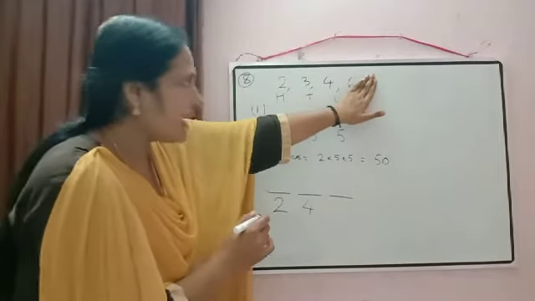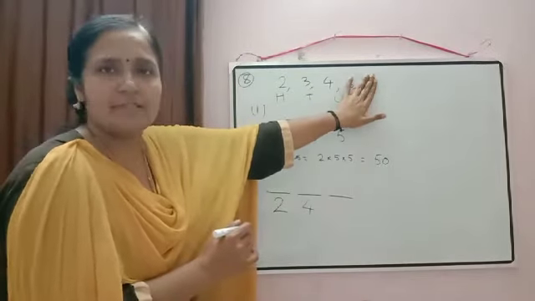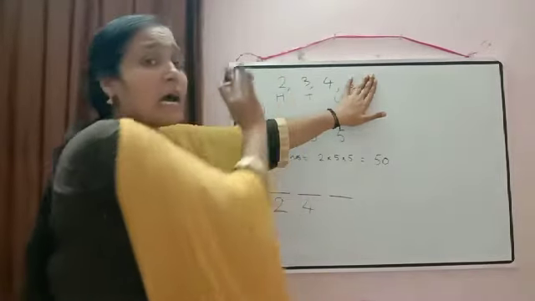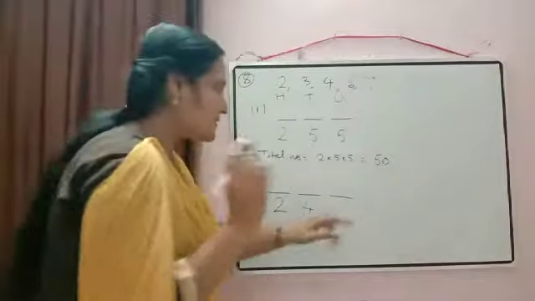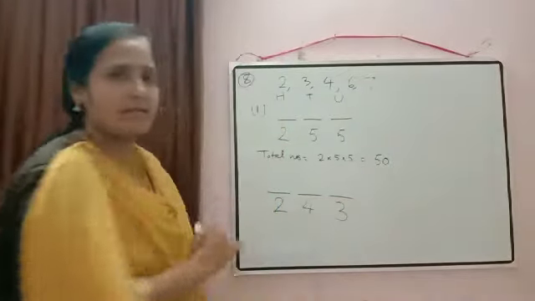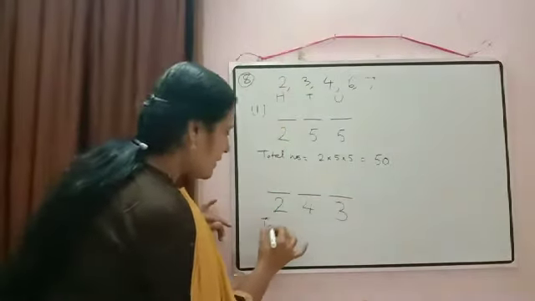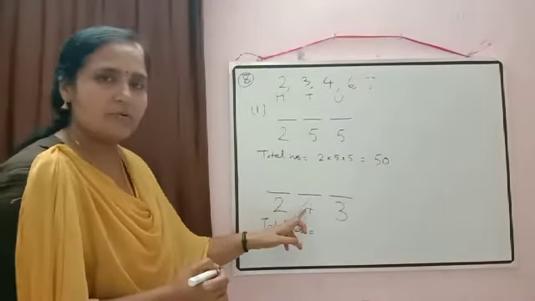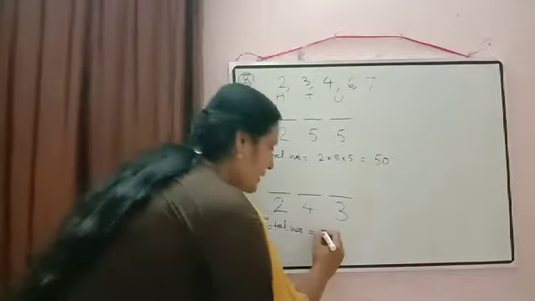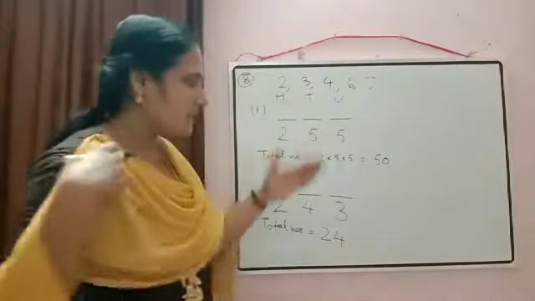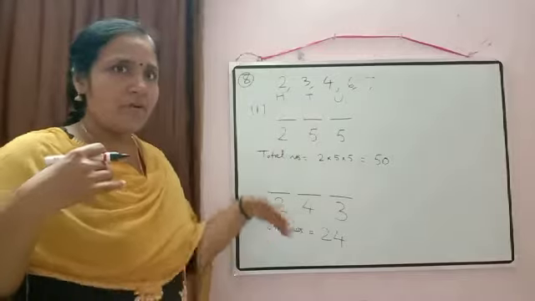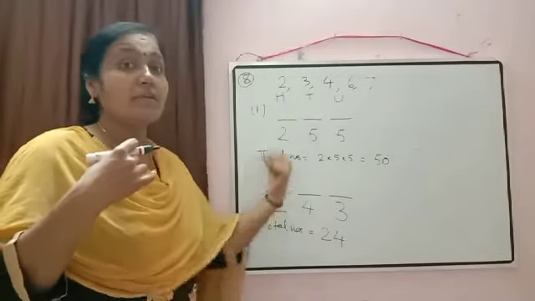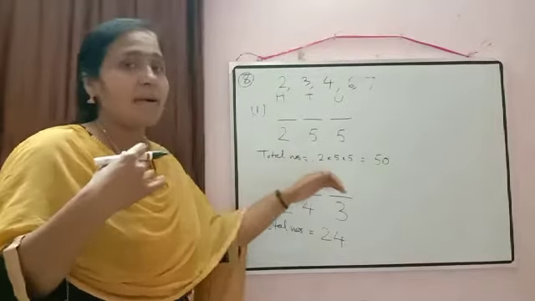Now I filled the hundreds place and the tens place, so remove the 2 numbers. Now remaining available options are 3 only. So this place can be filled in 3 ways only. So when repetition is not allowed, then total numbers will be equal to 2 into 4 into 3: 4 2s are 8, 8 3s are 24. So I think these two concepts are clear to you. When repetition is allowed, that is easy. When repetition is not allowed, then you have to check. Just fill the number and do it.